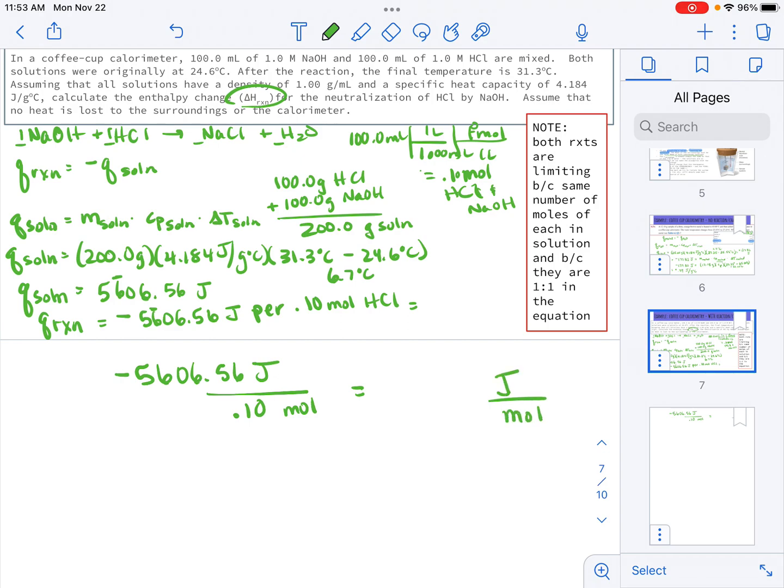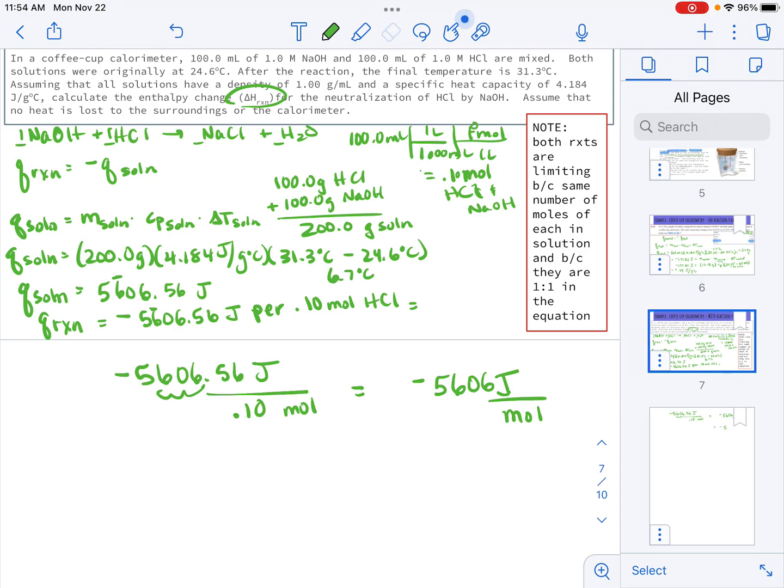Joules are pretty cumbersome here, so I'm going to make this kilojoules. So I'm going to move this 3 to the left, and then divide by 0.1. And so when I do that, I get negative 5606, and I can only keep 2 sig figs, so that will be negative, this is a mess, sorry guys,